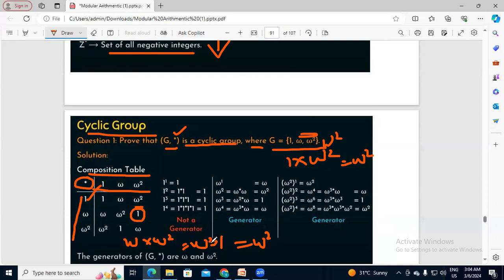Omega square into omega will again be 1. So we need to start with the first element again, right? Whenever we get a result beyond the highest element, we start again with the first element, the way we do with the modulus operator, right? Then omega square into 1